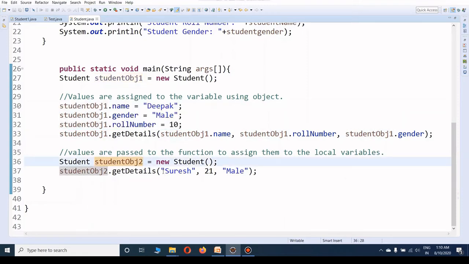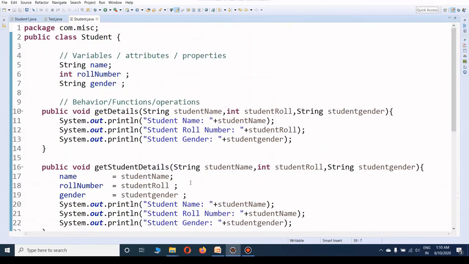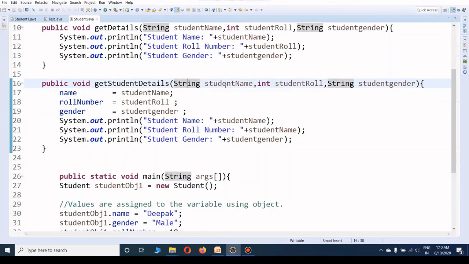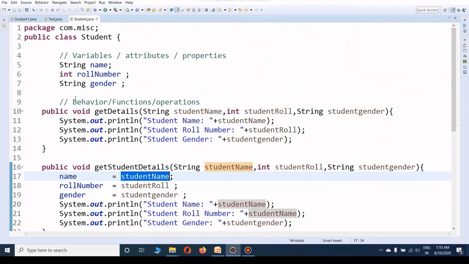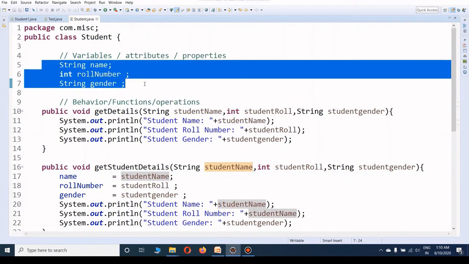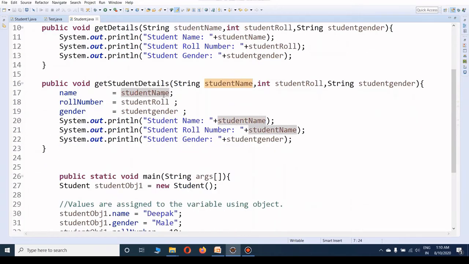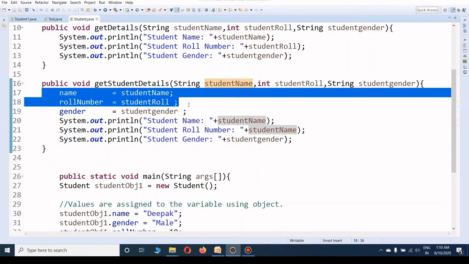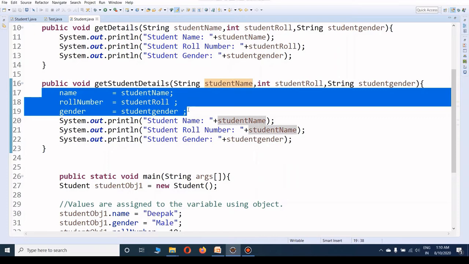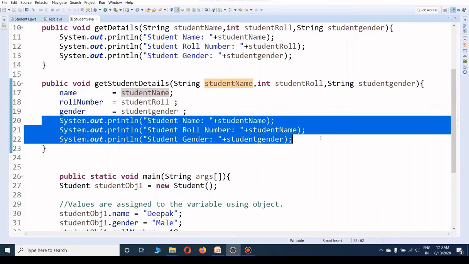What we are doing here is passing values to this function. Now we got the values name, roll number and string gender, and we assign these values to these attributes, or you may say properties, of the Student class. We assign these values to these variables and we display the result.